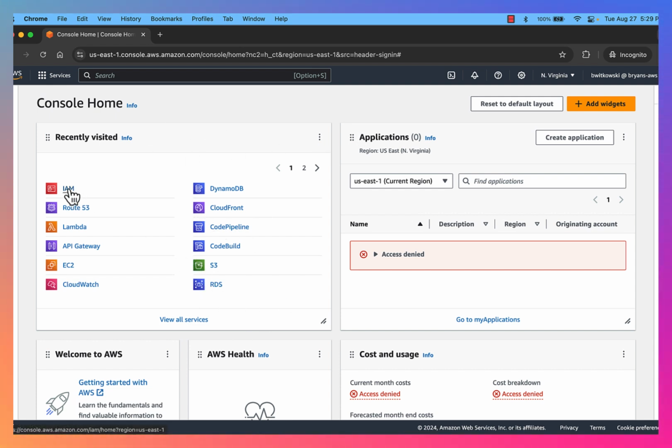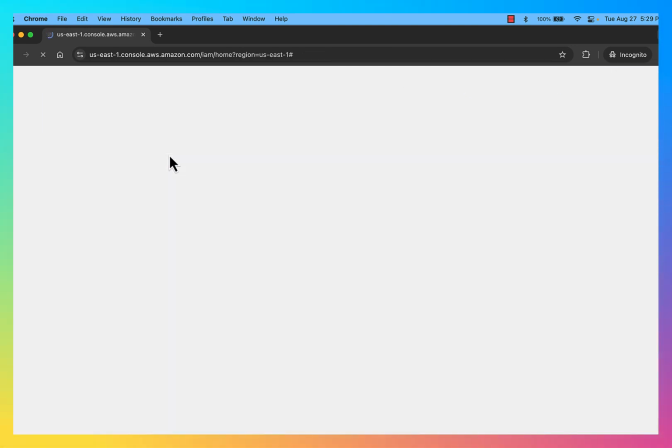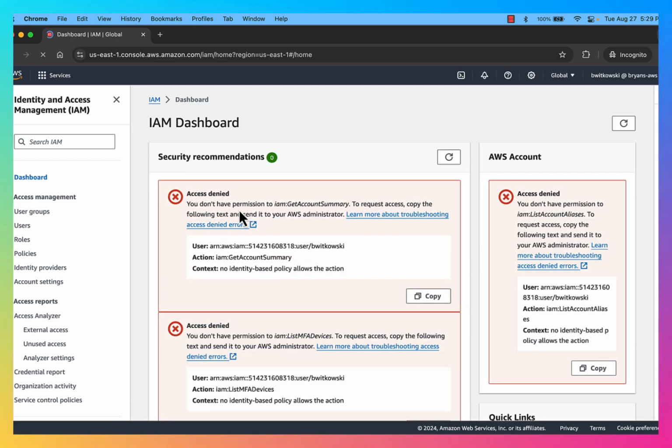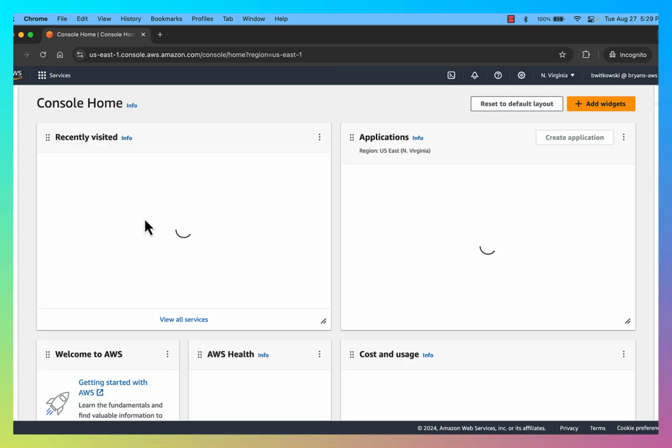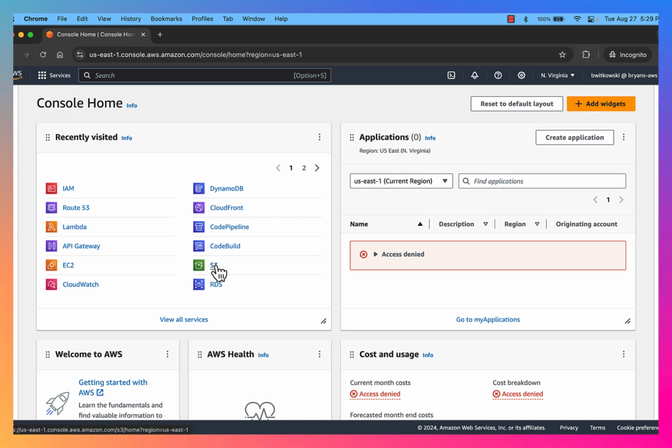If I try to go into IAM with this account, so you'll notice this account credentials looks a little bit different than my root user account. So it's not an email address anymore up here in the top right. If I try to go into IAM, you're going to notice that this account does not have access to go into IAM, to create users, to create groups, to assign permissions. Okay, and that would be the same regardless of the services that I went to. Okay, so if I try to go back to my home to access any of these revisited, so if I try to go to S3, that account